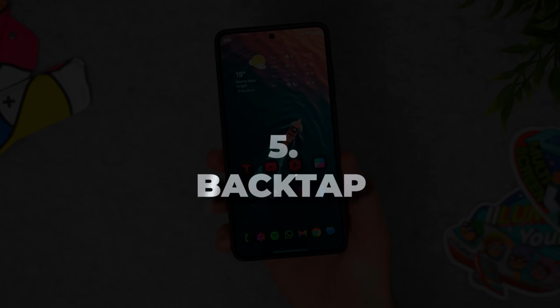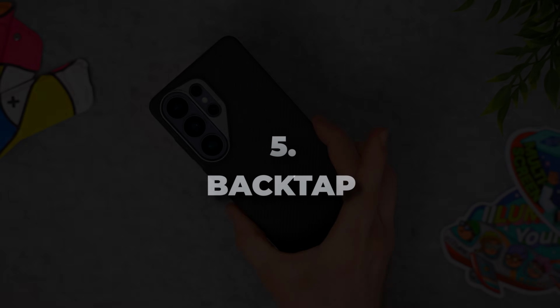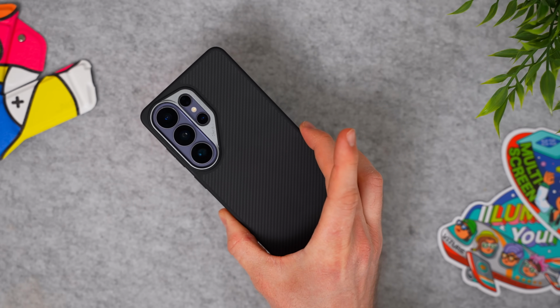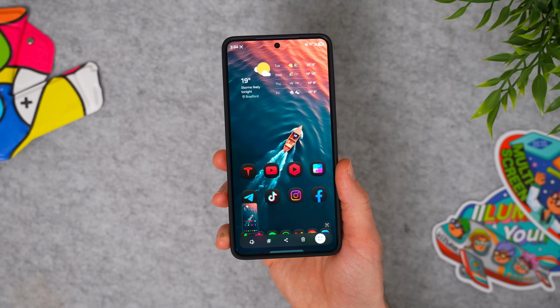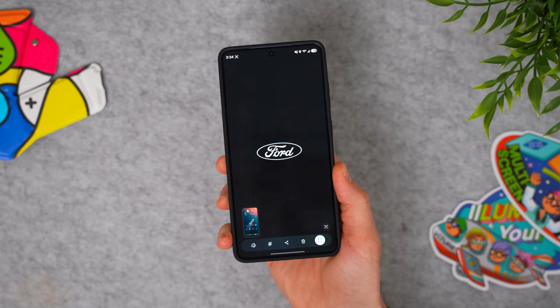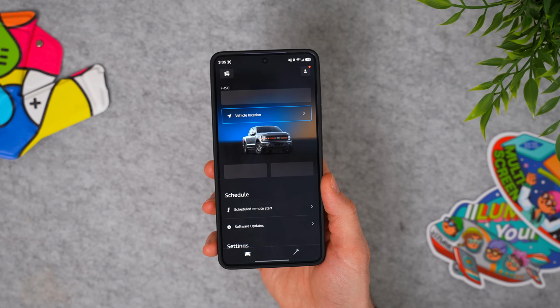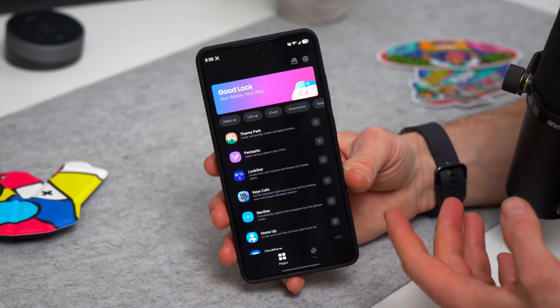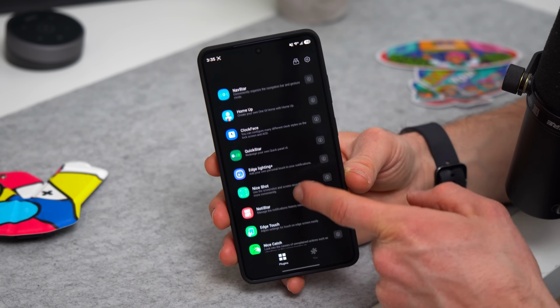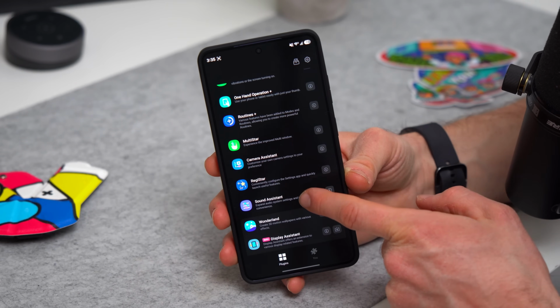Now here's a cool GoodLock feature that can help turn the back of your phone into an extra button. Two buttons even, because what you can do is double tap the back of your phone to do something like take a screenshot, or you can triple tap to open up an app. So I have this mapped to my Ford app, so I can quickly open this up and remote start my vehicle. Now to set this up, go ahead and open up GoodLock, and in here look for the Registar module